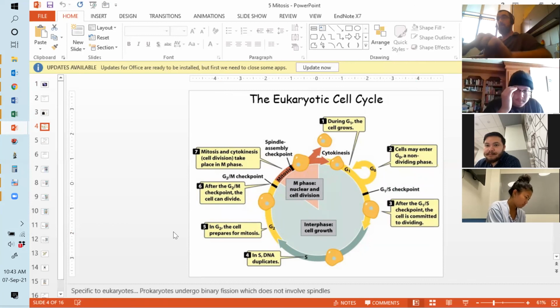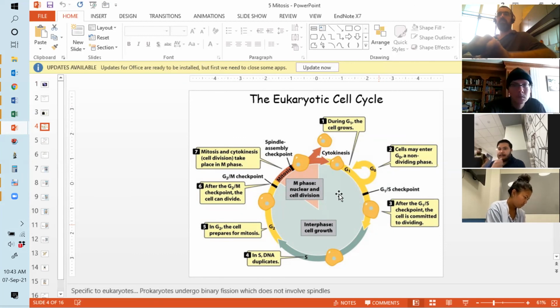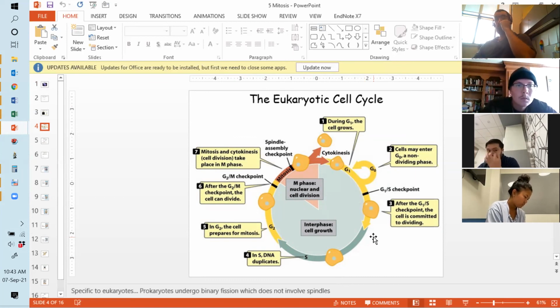This is something we don't have time to get into today, but we will cover on Thursday. This is a really important part of cell division, the cell cycle, and particularly the checkpoints that control it. There are different phases. We have interphase, which is all the preparation that needs to be done to be able to divide your DNA and your cytoplasm. Then the M phase, where DNA is divided, and then cytokinesis, where the cytoplasm is divided.